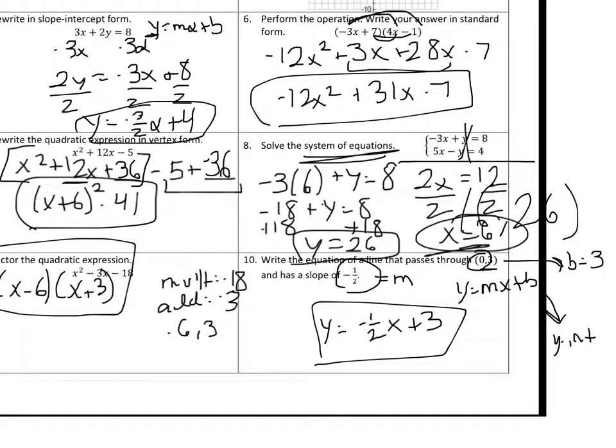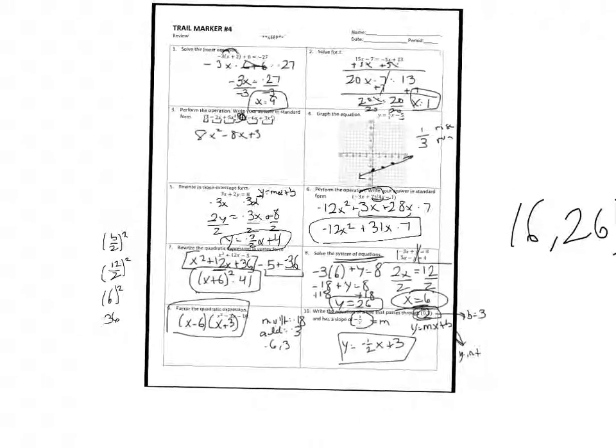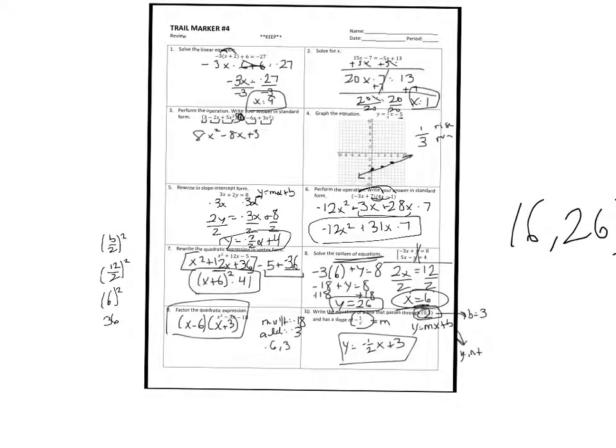There we go. If I did not give you this point that was a y-intercept, you simply take the x value from that point and plug it in for x, take the y value and plug it in for y, and then solve for b, given the slope negative 1/2. But in this case, we were given it. So take a look. Okay, I know it seems like a lot, but just solving some equations, a system, graphing lines,